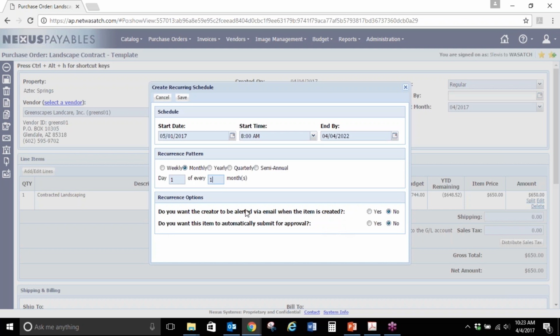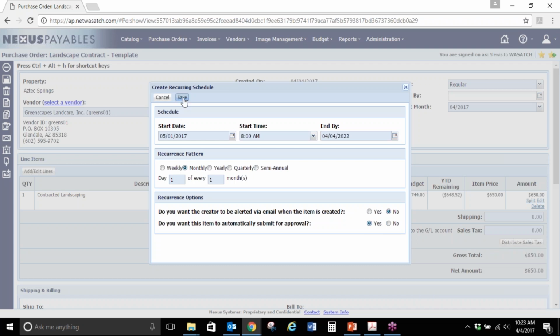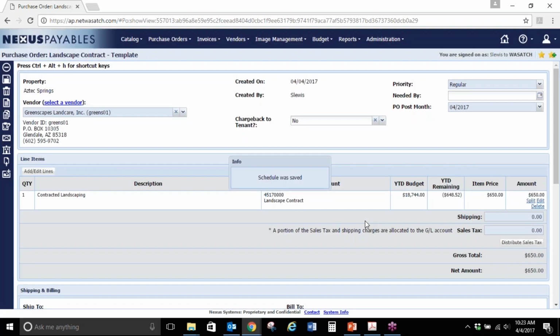Do you want the creator to be alerted via email when the item is created? You could choose yes or no. In this case, I'm going to say no. Do you want this item to automatically be submitted for approval? Yes, I do. So I'm going to save that. And then what will happen is at the beginning of each month on the 1st, this will create a purchase order that looks exactly like this for Greenscape Land Care, contracted landscaping for $650. So if you want those, you can set them up on schedules of 1 month, 2 months,